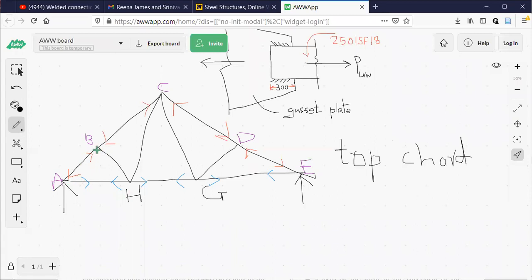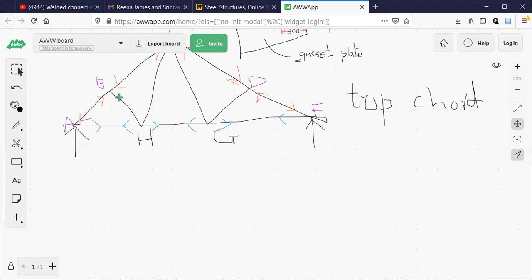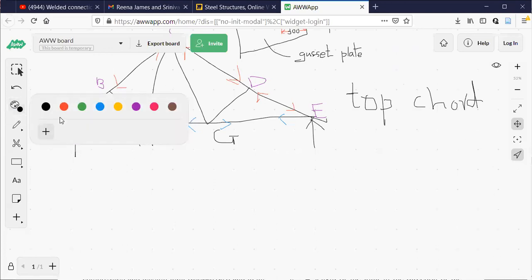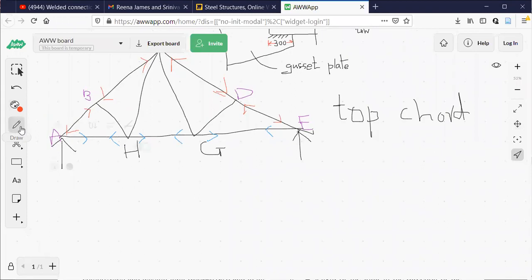Just observe this. Initially, I will try to enlarge this part here.